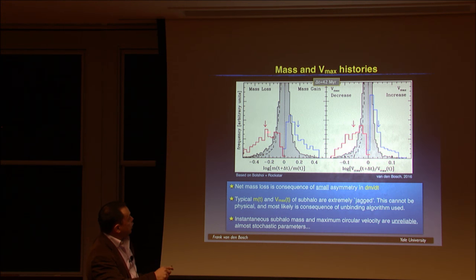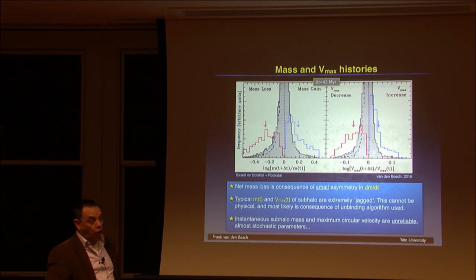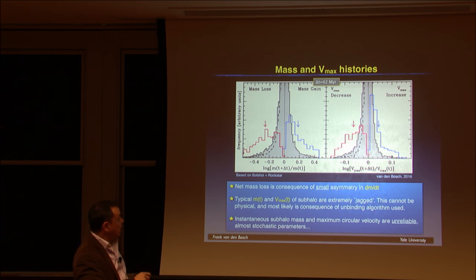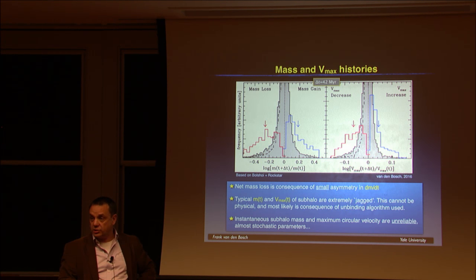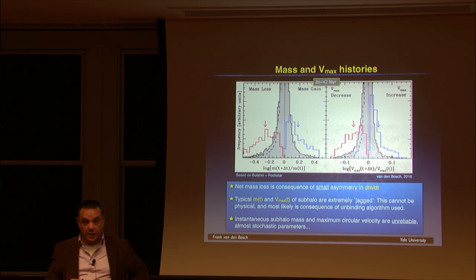So this is mass loss at the negative end. Positive end is mass gain. If that staircase-like behavior was correct, I should only have mass loss. Instead, I have about as much mass gain as mass loss. This thing is almost symmetric. So what I did is I took this part of the curve and I flipped it over as a dashed line here. You see how symmetric the damn thing is.